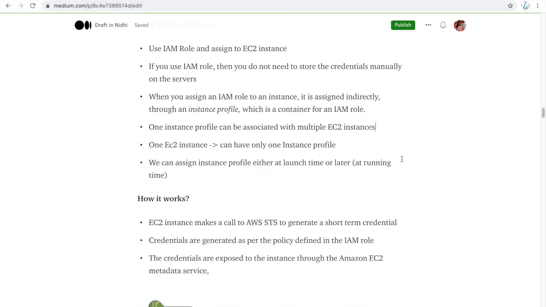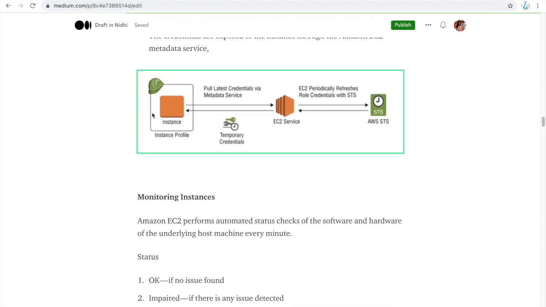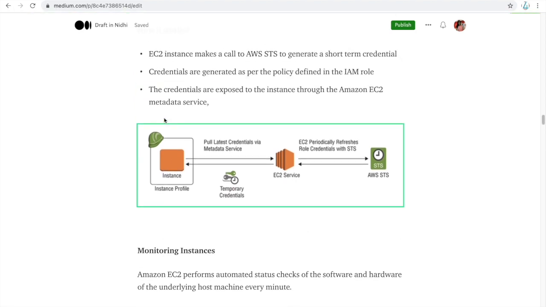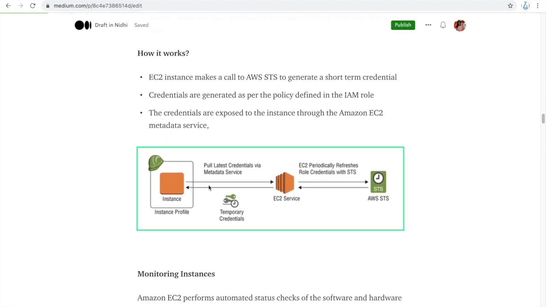So now how does it work? This is your instance. The EC2 instance makes a call to the AWS STS service to generate short-term credentials. And credentials are generated as per the policies you defined in the IAM role.